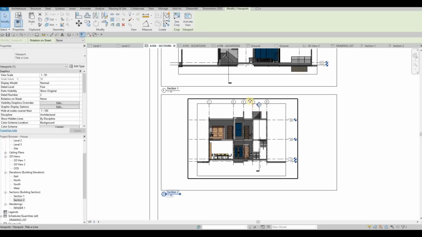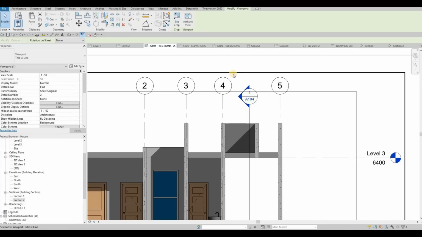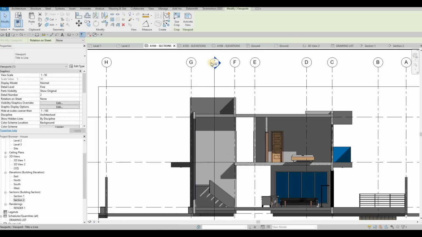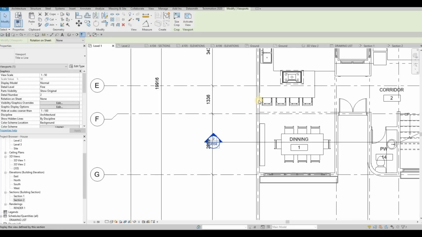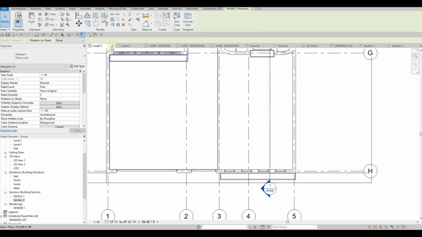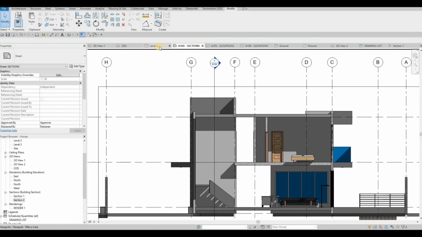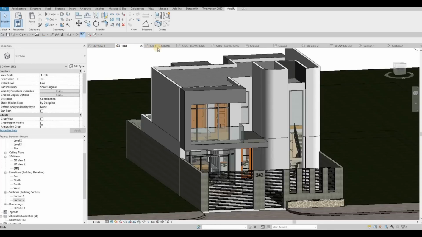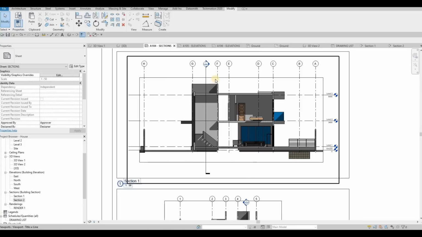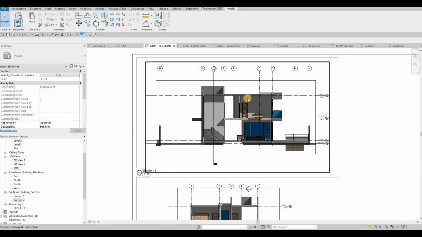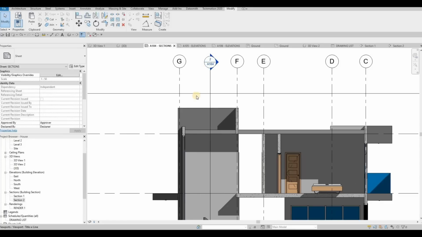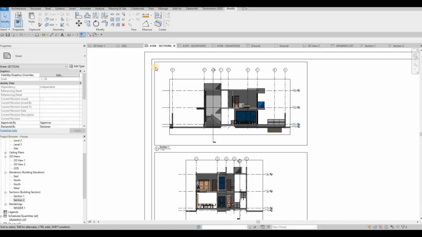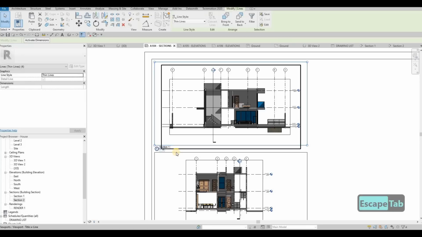Everything is there, all the information, and if you notice, there is information now on those sections that we added. So if we check here, even here, all those information are already added. So because this is BIM, everything is automatic. So if you change the sheet where this is located, it will automatically change right here, so you don't need to worry. So now what I want to do is copy